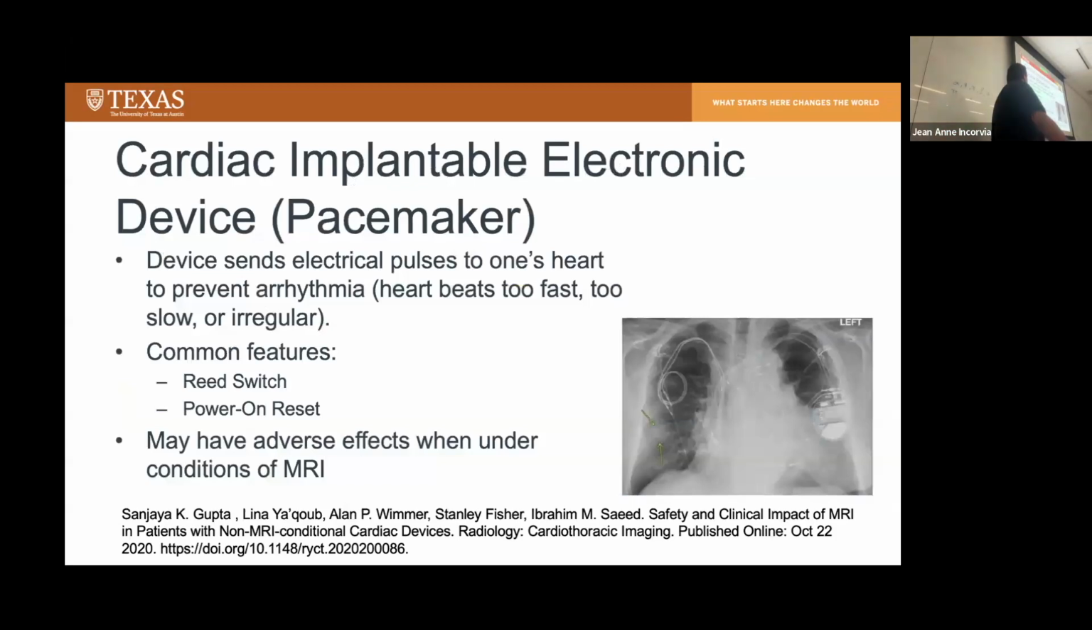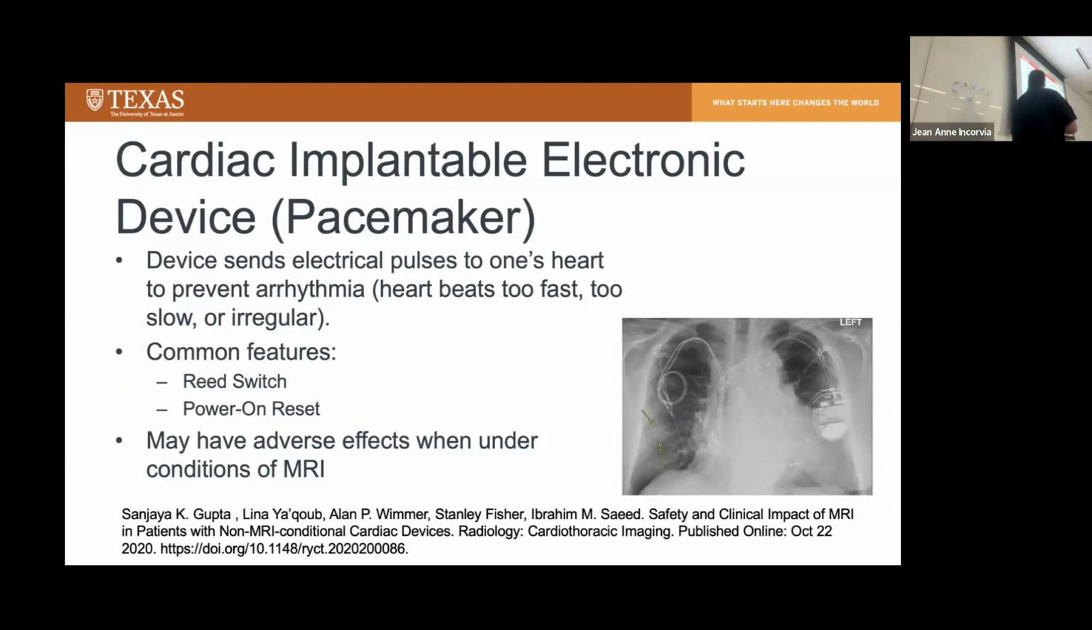So what about a pacemaker? These devices send electrical pulses to the heart to prevent arrhythmia. That's basically when the heart beats too fast or too slow or is irregular. Some common features of a pacemaker are the reed switch and a power on reset, and you'll see why